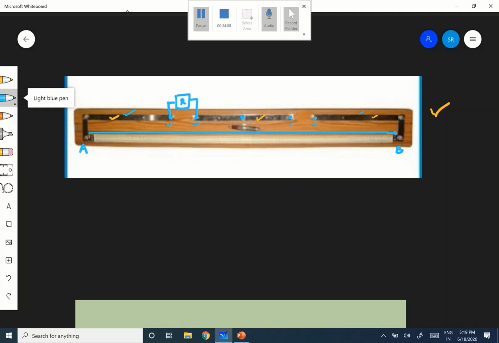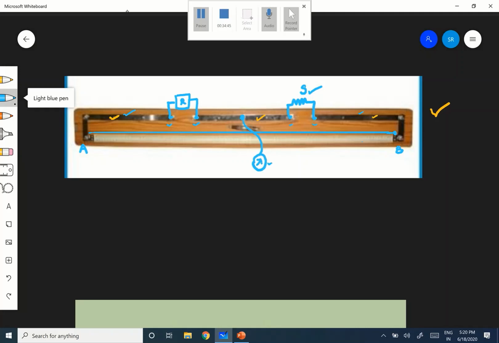For example, here is my unknown resistance. I have to find this. I told you Wheatstone bridge is meant for finding unknown resistances, right? And R and S are ready. P and Q, I'll tell you what they are. And the center is connected to a galvanometer. This is the circuit symbol for a galvanometer.